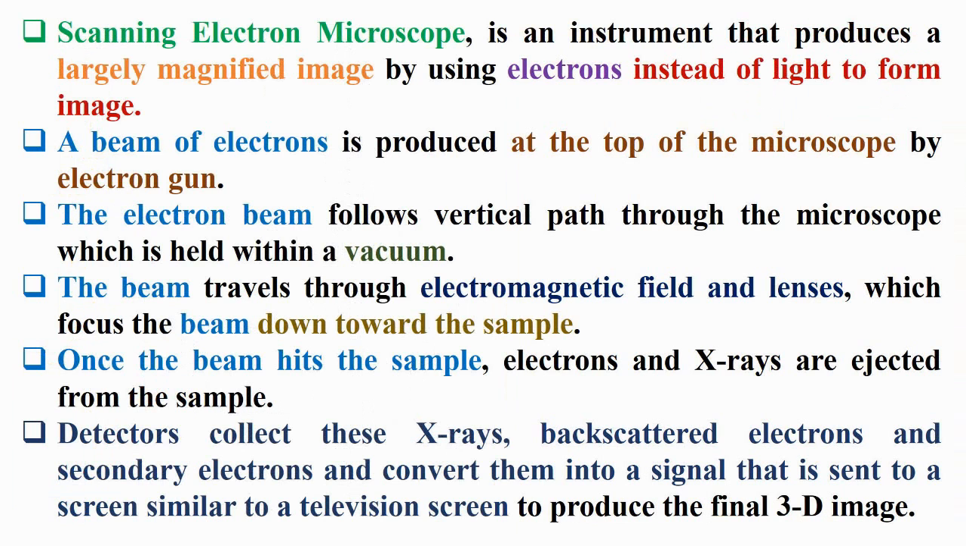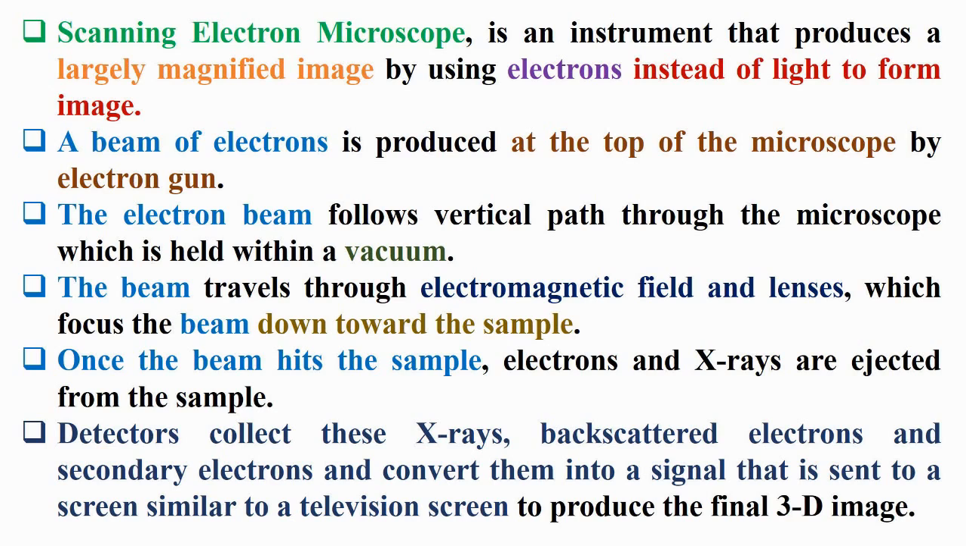A scanning electron microscope is an instrument that produces a largely magnified image by using electrons instead of light to form the image. In this electron microscope, a beam of electrons is produced at the top of the microscope by an electron gun. After that, the electron beam follows a vertical path through the microscope, which is held within a vacuum. Then, the beam travels through an electromagnetic field and lenses, which focus the beam down toward the sample, and, once the